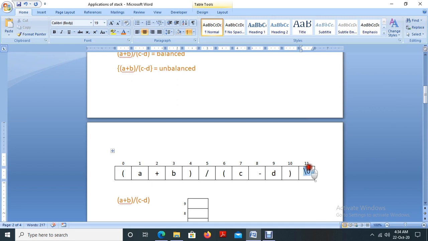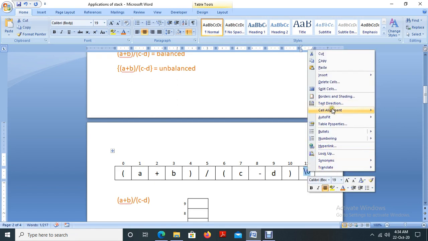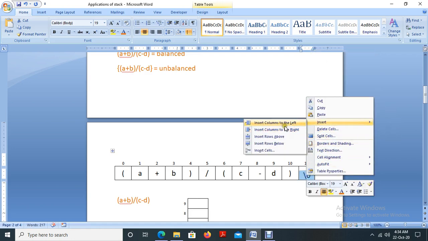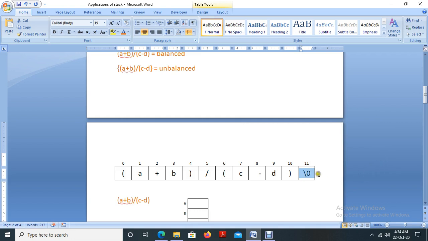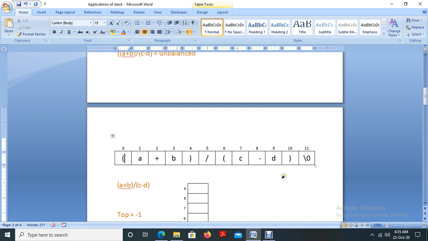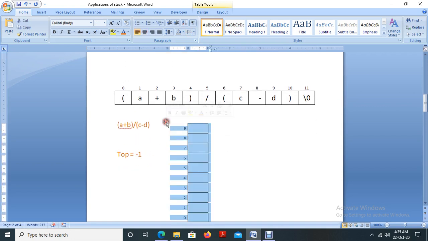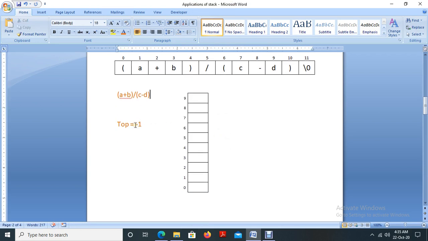The null character will indicate that we have reached the end of the string. You may already be familiar with this, because this is a concept that we discussed, or you may have studied it in previous classes, in C programming classes. A string will always end with the null character. So here I collected the input in an array. It looked like this. This is the array that we have as an input, and this is a stack that we are going to use. Initially I am assigning the top value equal to -1.